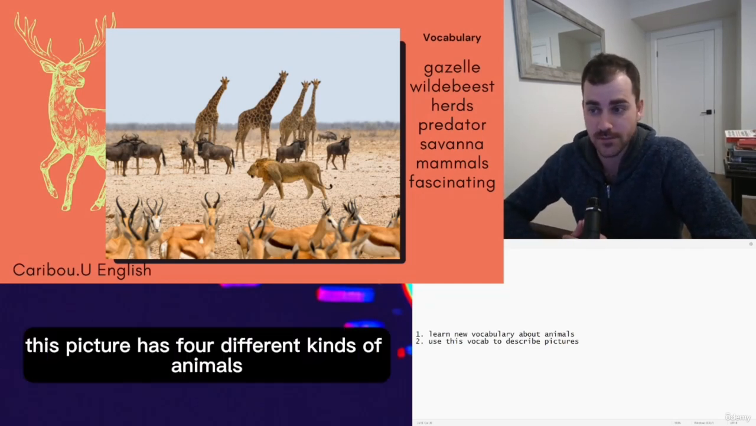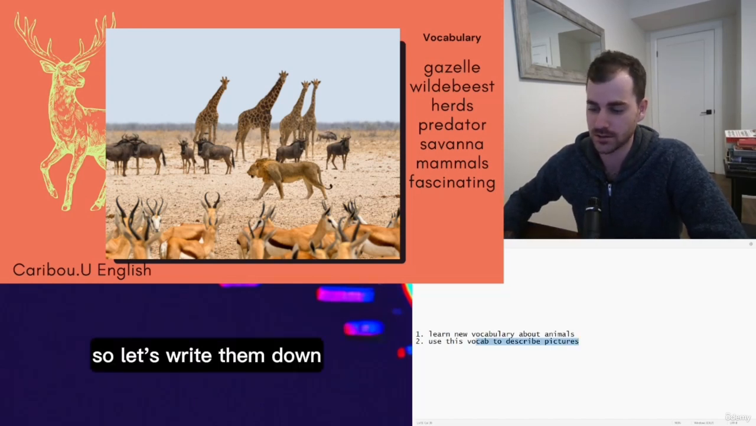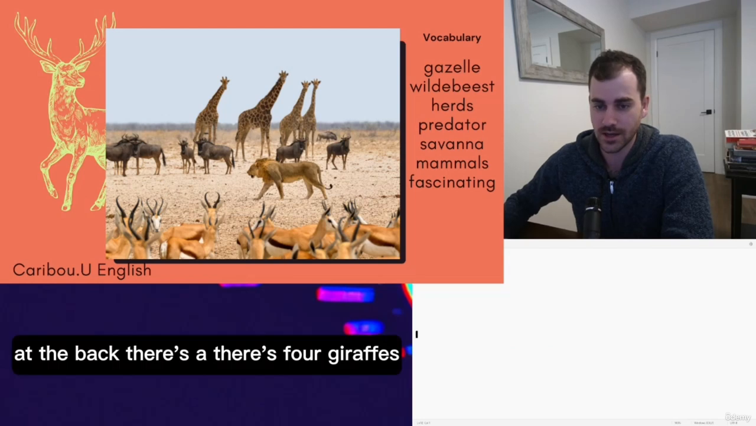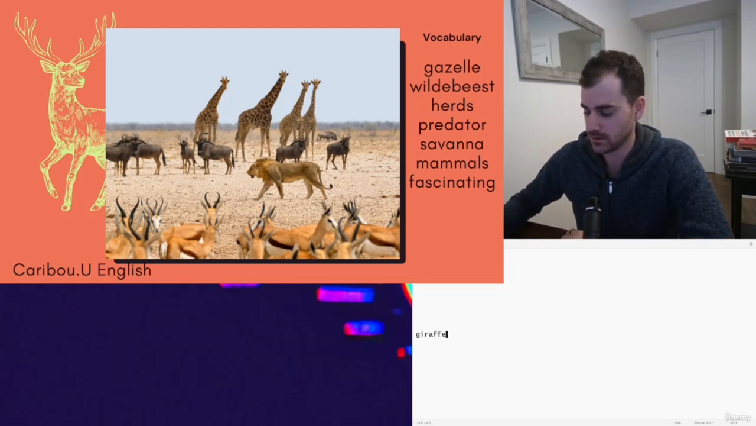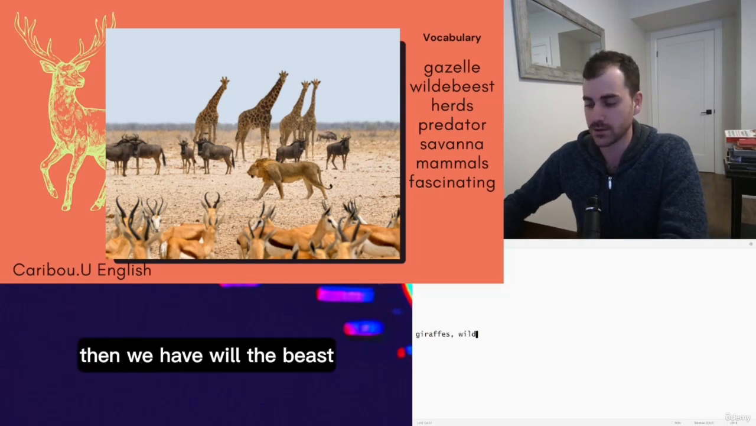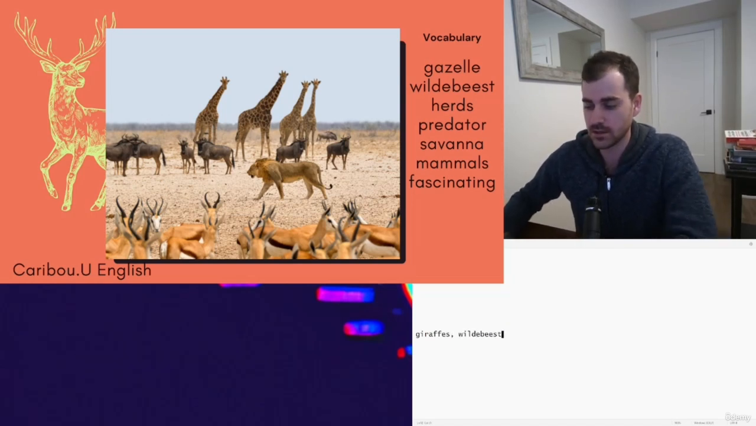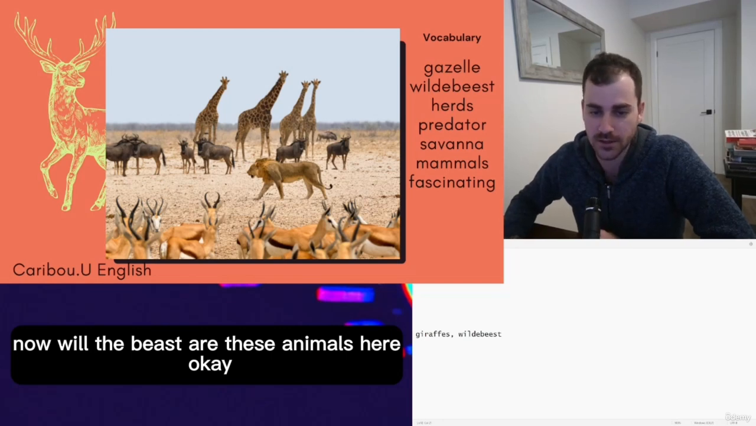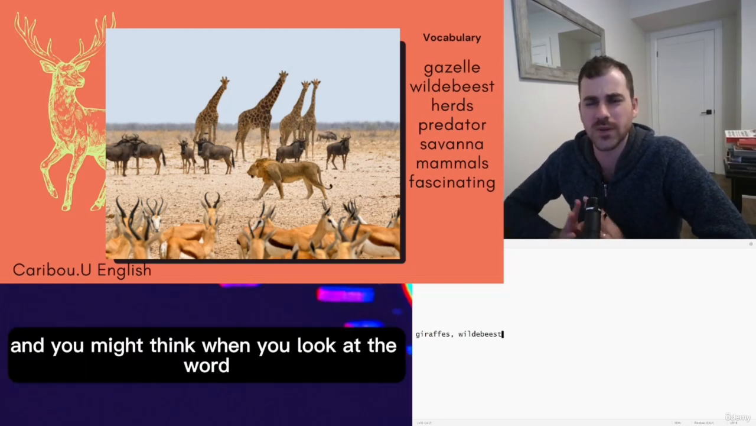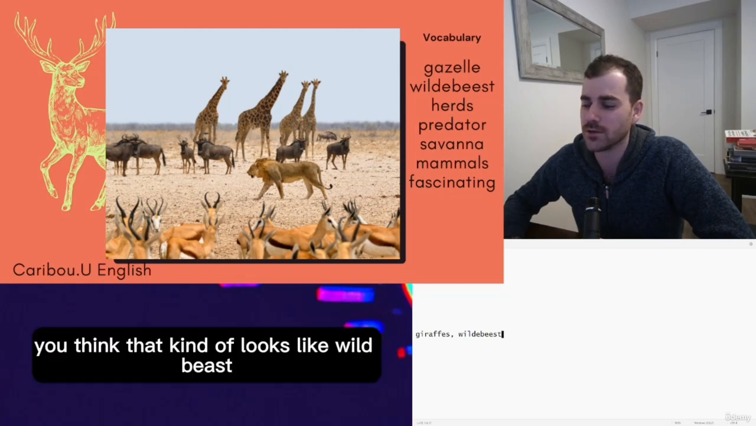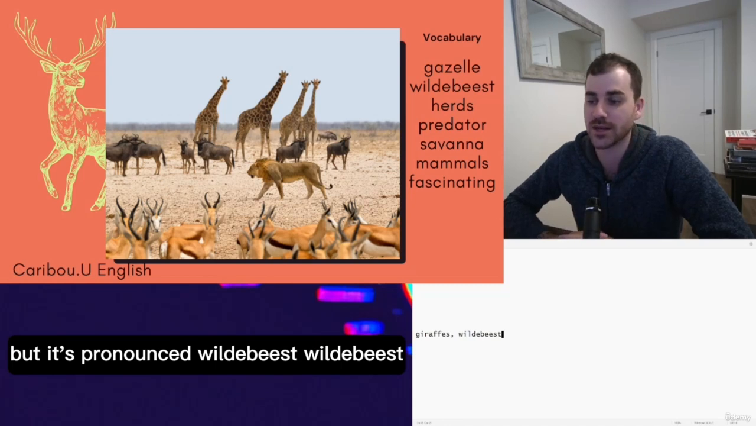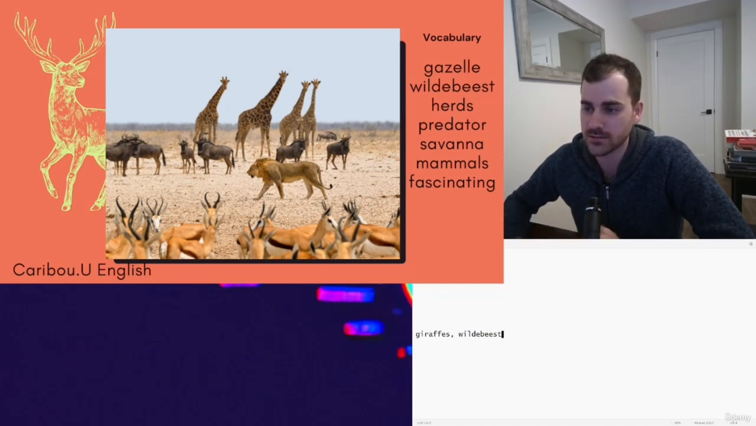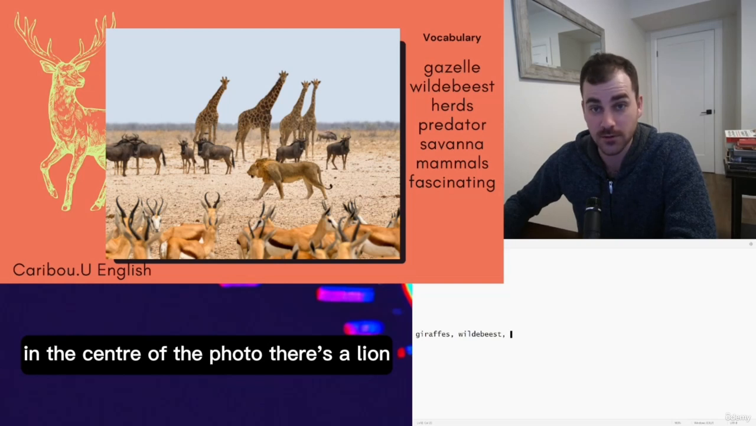And as you can see, this picture has 4 different kinds of animals. So let's write them down. At the back, there's 4 giraffes. Then we have wildebeest. Now, wildebeest are these animals here, okay? And when you look at the word, you might think, that kind of looks like wild beast, but it's pronounced wildebeest, wildebeest. In the center of the photo, there's a lion,